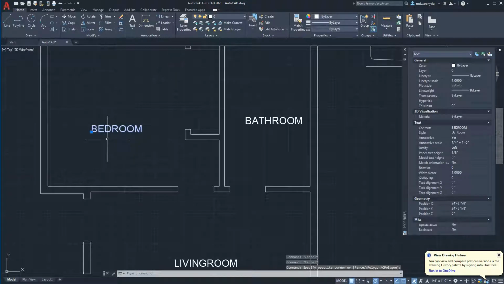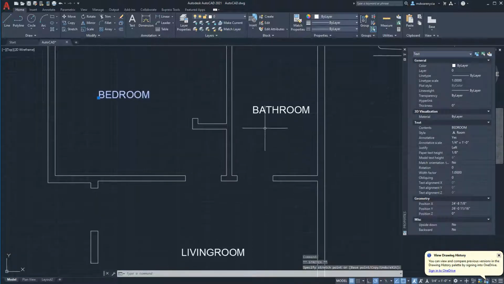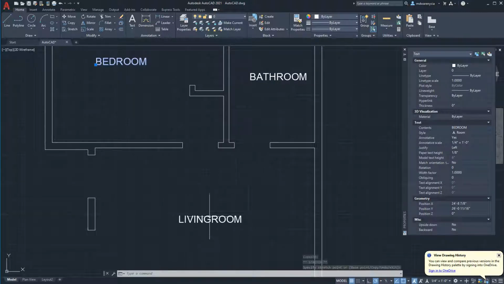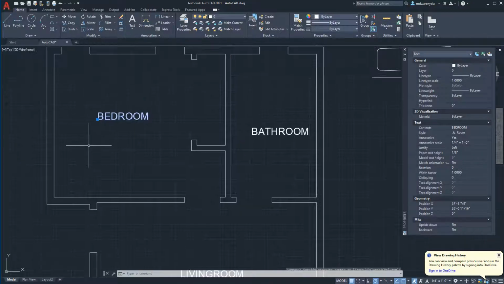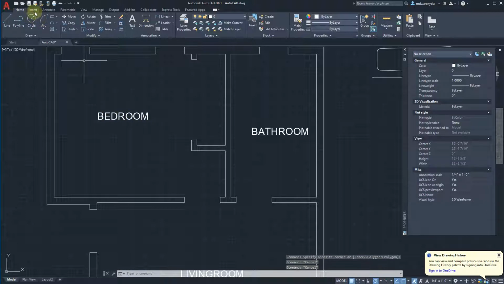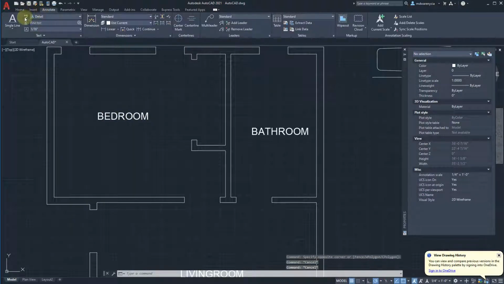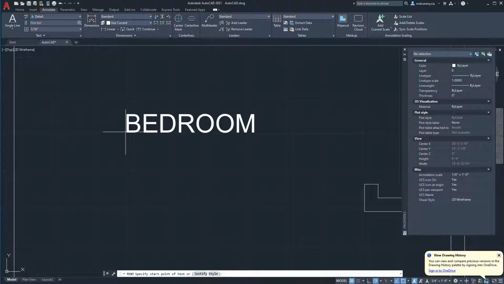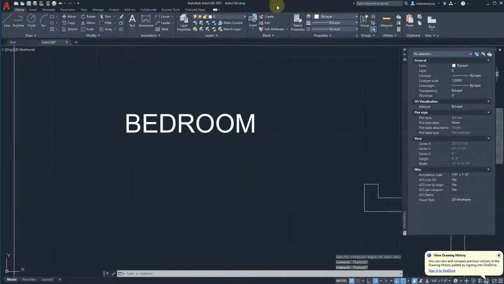So let's move. So that one's good. I don't need to worry about that because it's kind of in the right space for once we start putting stuff back in there. That's fine where it is. So bedroom, I'm going to come back in with a single line text, finally, and do that. Then I still forgot to get the dimensions. So home